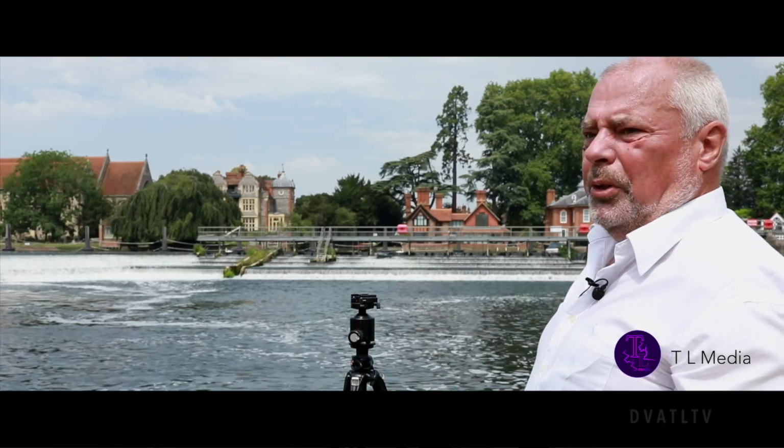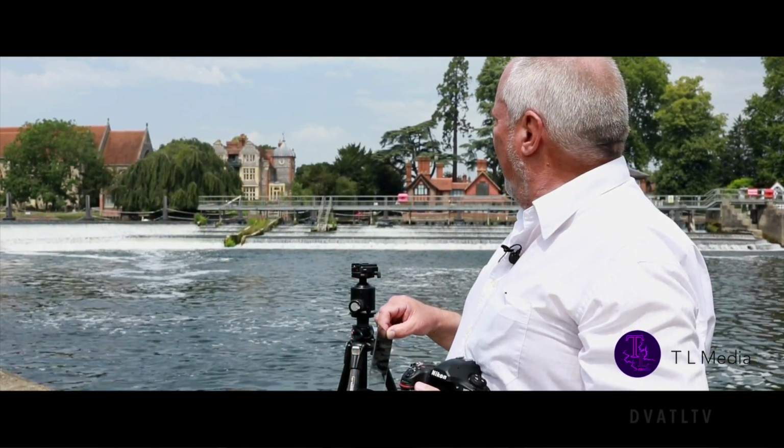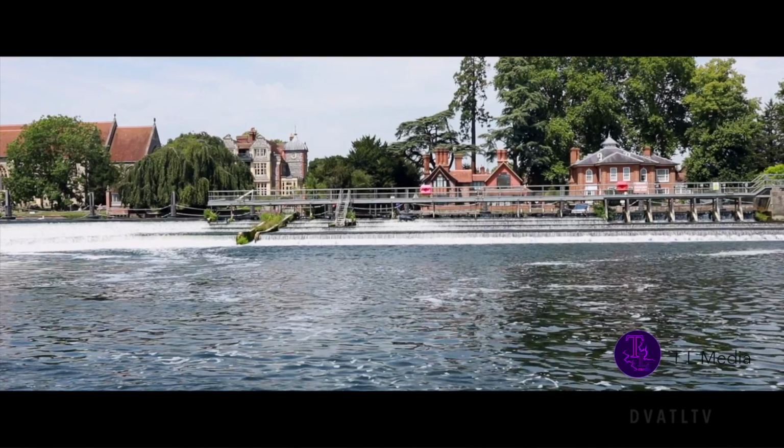Now there's two types of filter. You can get a soft grad or a hard grad. A soft grad has more transition between the full 3 stops that it's giving you and clear glass, which you can use if you're working in an area where there's an uneven background, an uneven backdrop. Here we have a fairly even backdrop. Everything's pretty much the same sort of height,